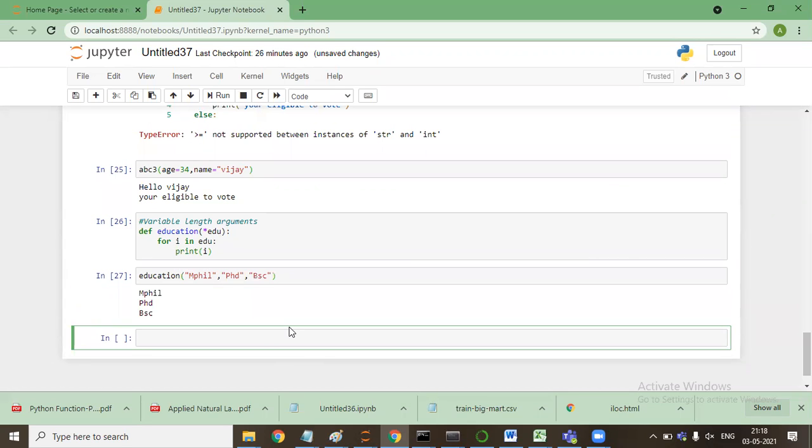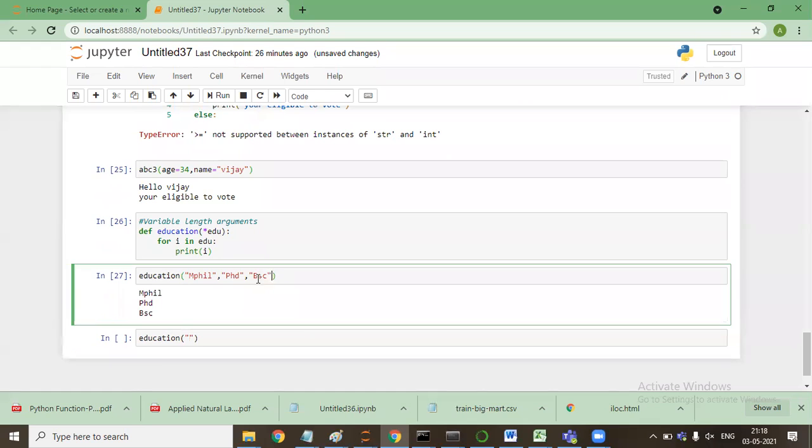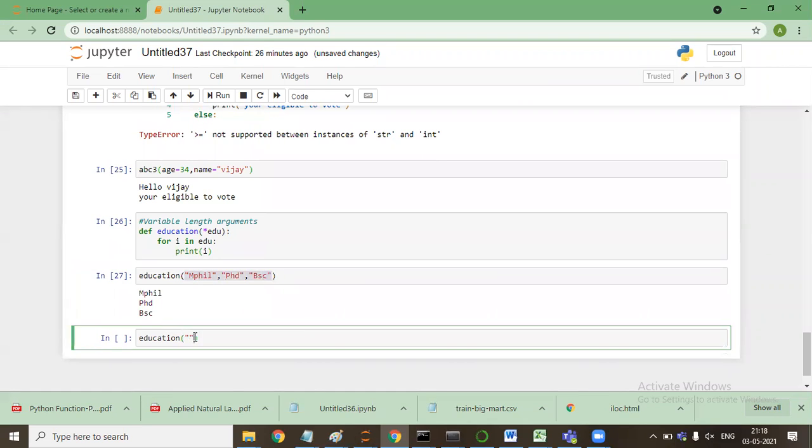Now it will take and print these 3 arguments. If some other person has 4 educations, then he can also pass them, because it is a variable length argument. BSc.